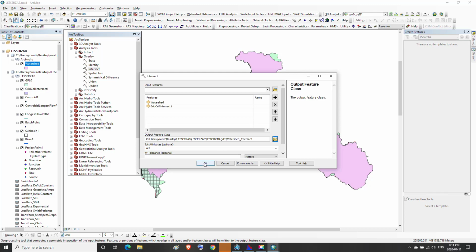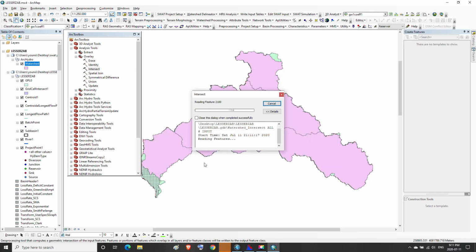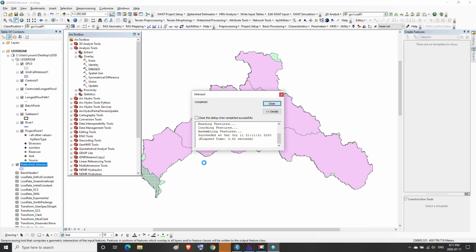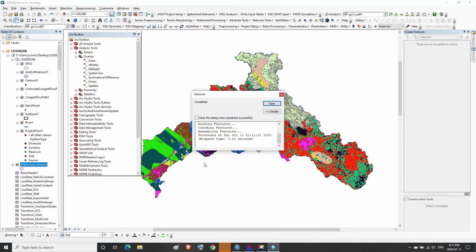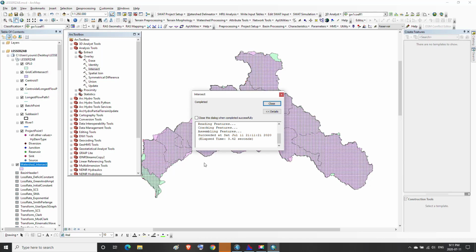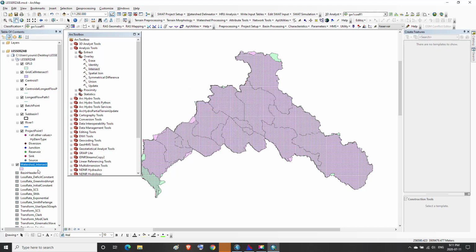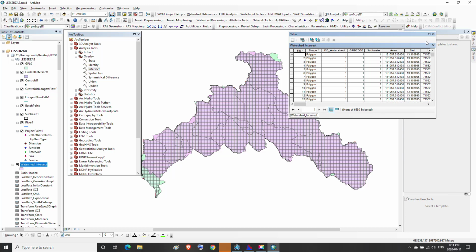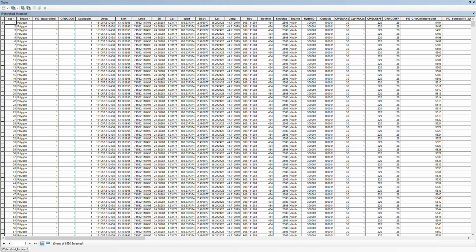Then OK. Then a message appears indicating that intersect completed, then close. Then a new layer appears titled watershed-intersect, where we open the table of this layer.